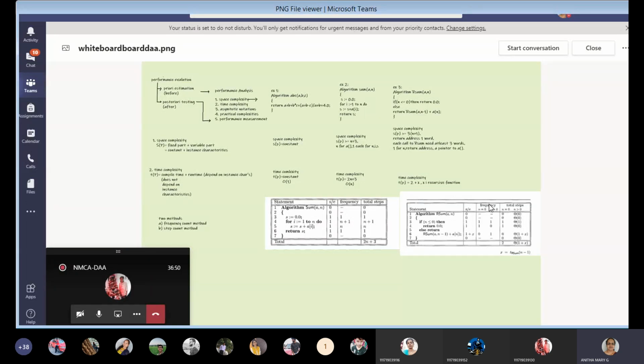If it is a recursive algorithm, in the frequency we are going to do it when n is equal to 0 and when n is greater than 0. Why? Because this is the base condition, and this is when the algorithm will iterate for the recursive functions. When n is equal to 0 we have to do this, and when n is greater than 0 we have to do this. For recursive, please remember, under frequency, write the base condition, and if not the base condition, where it is calling the recursive function.